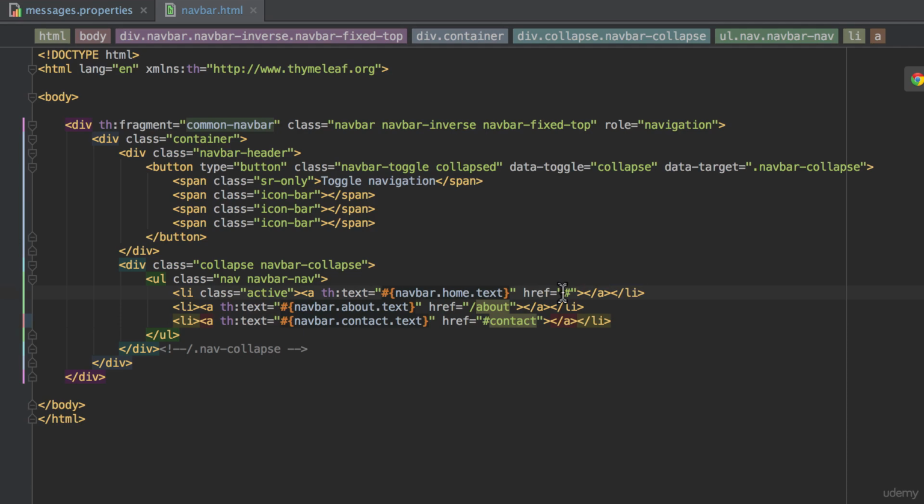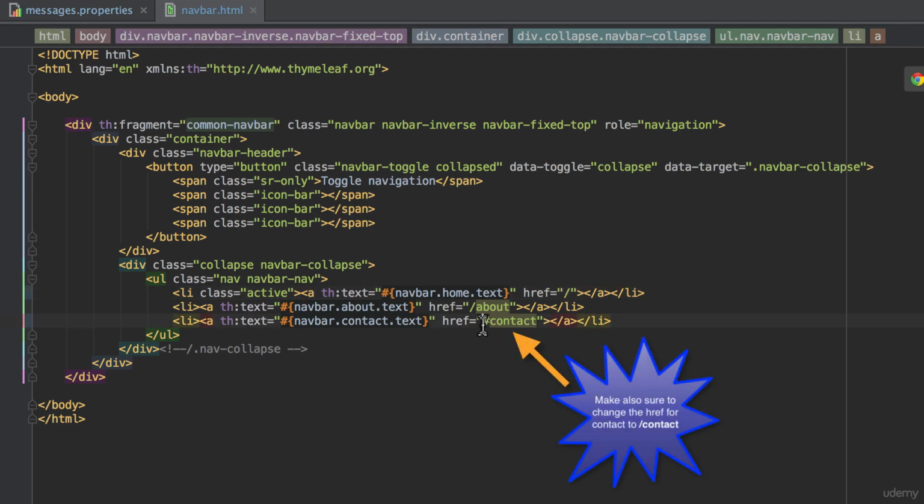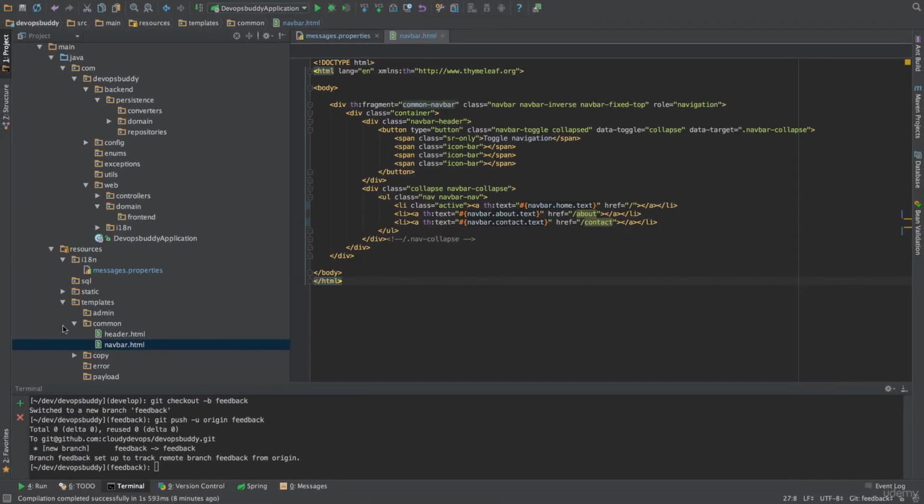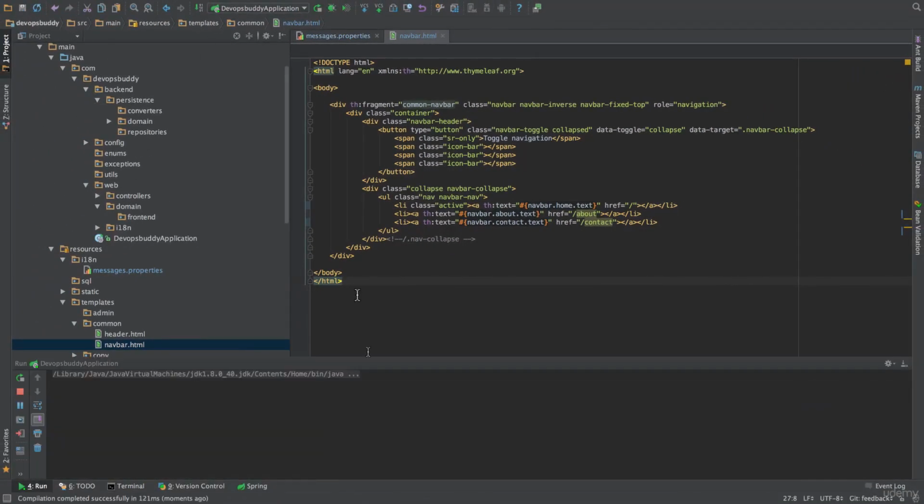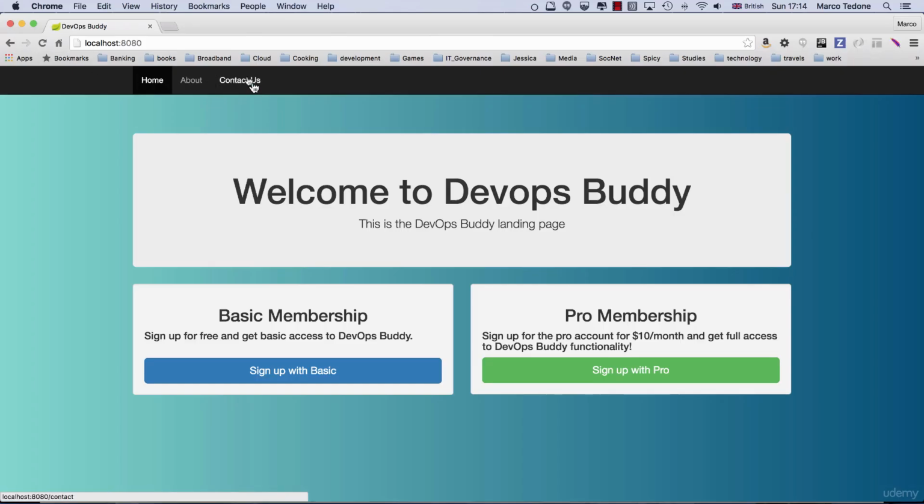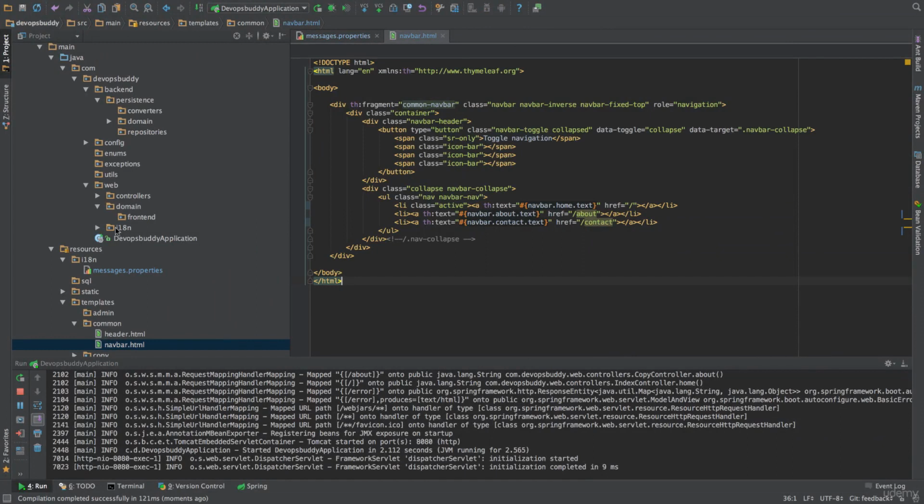Next, we will change the href link for the home link to point to / as currently it's pointing to hash. If we restart the application now, we shall see the new text for the Contact Us link in the navbar. Next, we will need to create a plain old Java object, commonly referred to as POJO, to hold the